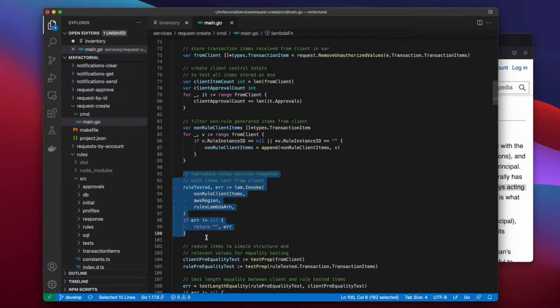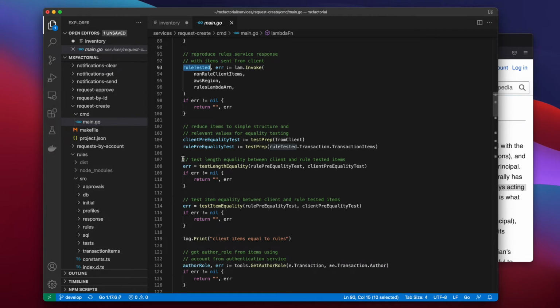In storybook fashion, the Request Create service is saying, "Hey, Rules service, these are the items the user sent you at the beginning. Please repeat for me all the items you told them to include, like taxes, so we can prove everyone is aware of their commitments and servicing them." Rules then responds with the user and rule-added items.